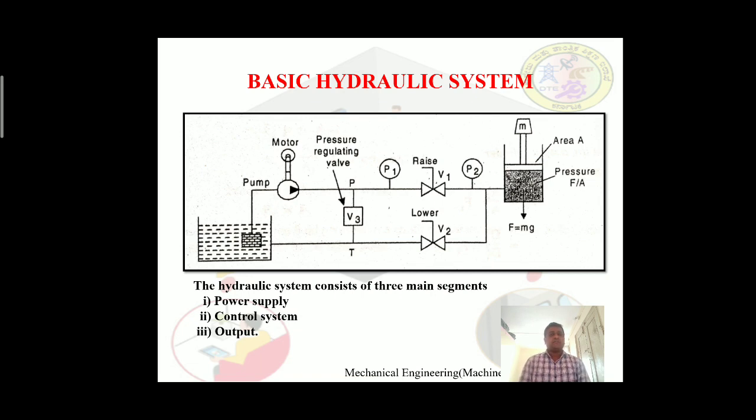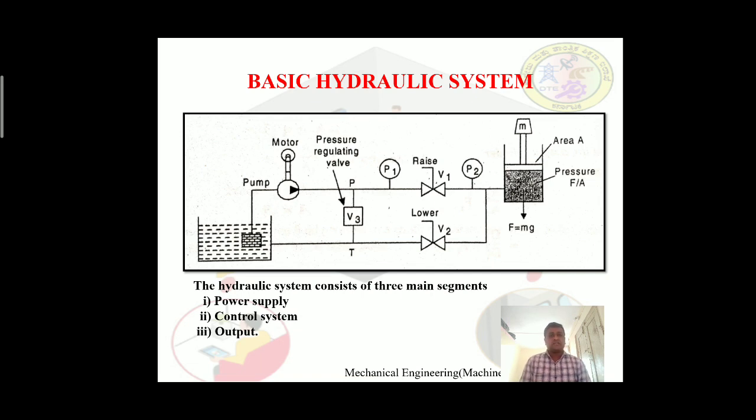Then in the power system, the main unit is the prime mover, usually an electric motor, which supplies the necessary mechanical power to drive the pump. Then the pump supplies the required input power to the fluid to convert it into hydraulic power. Basically the pump increases the pressure of the confined fluid by continuous pumping action. Then fluid power is created and supplied to the output unit, which performs the operations through a control system.